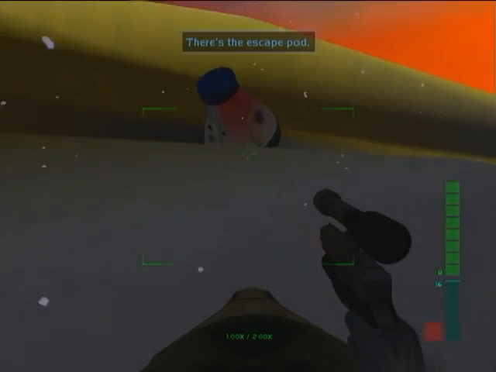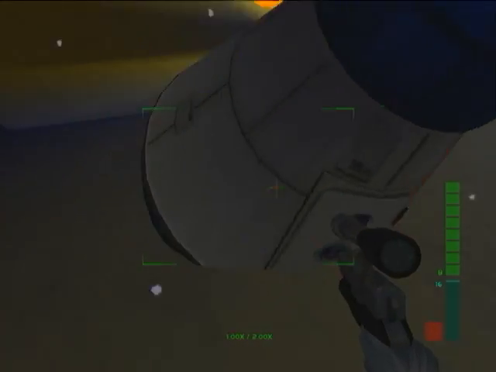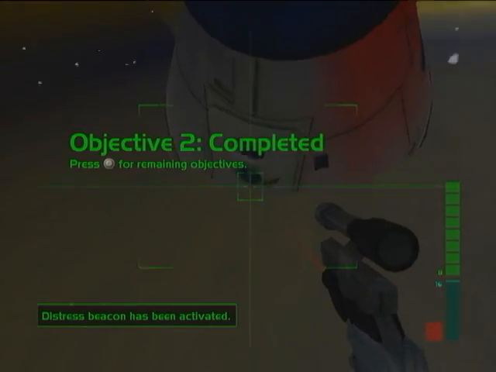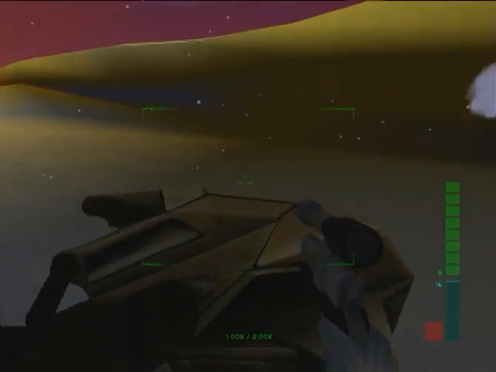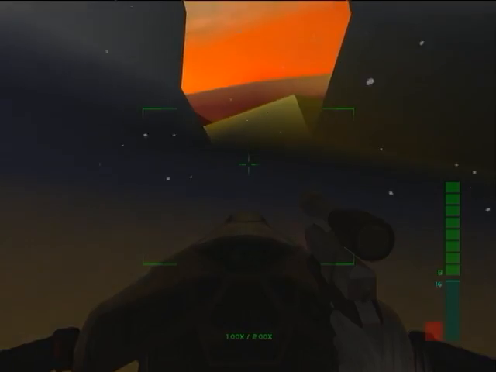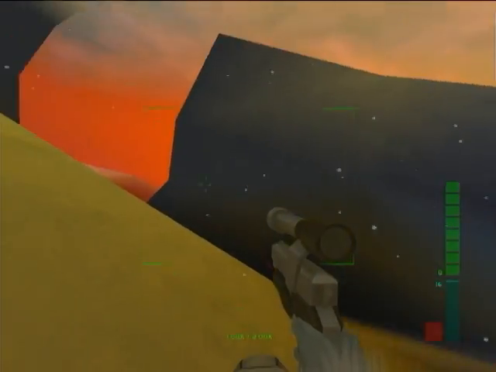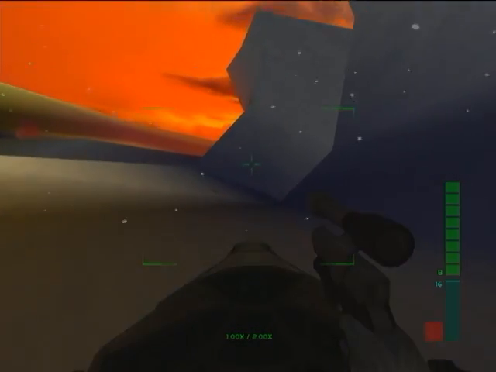Now then, there's the escape pod. As Joanna said, we find the escape pod over here. No sign of the President, but we can use this to activate a distress beacon, completing an objective. Activating that beacon means that when we take down the jamming fields, search parties will be able to come rescue us. And as soon as I stop being an idiot and going the wrong way, we're going to go into this little area off here,